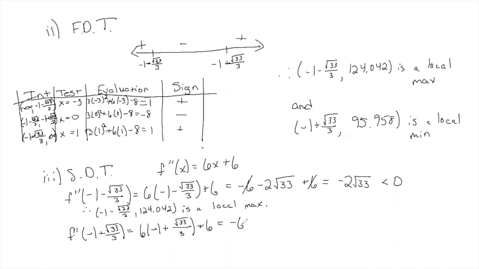I still get my -6, but this time I get a plus 2 root 33, plus 6. So my +6 and my -6 still go away, and I get 2 root 33, which is certainly greater than 0. Therefore, -1 plus root 33 over 3, comma,